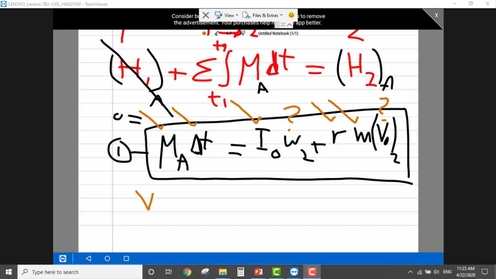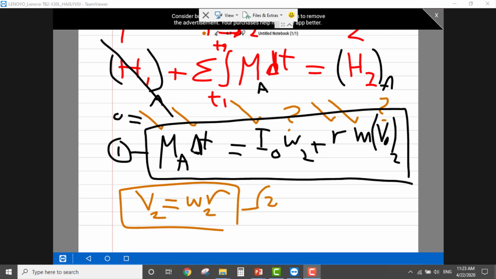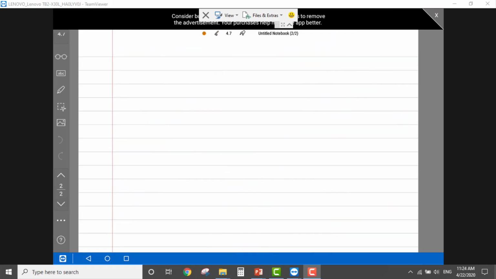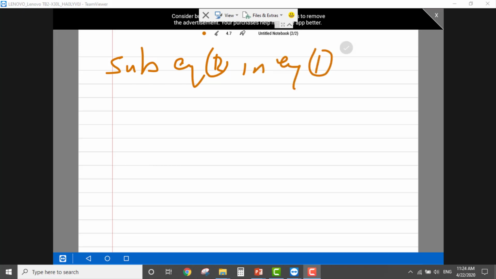The kinematics says that V is equal to omega multiplied by R. Let me keep it, and I will name this equation 2: V2 equals omega 2 R. Then if I substitute equation 2 in equation 1, we'll end up with moment multiplied by delta t is equal to I about O omega 2